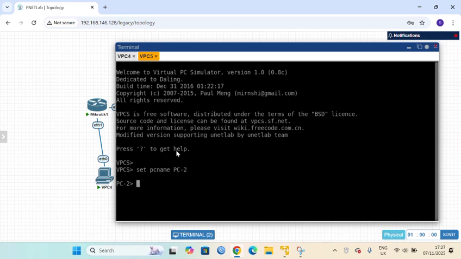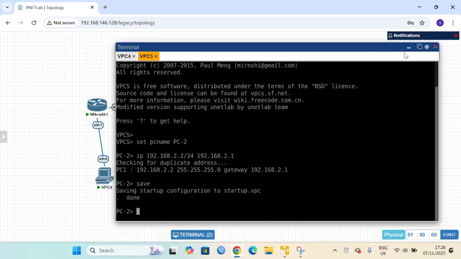We enter and we configure the IP: 192.168.2.2/24 and the gateway is 192.168.2.1. Enter, and we save.